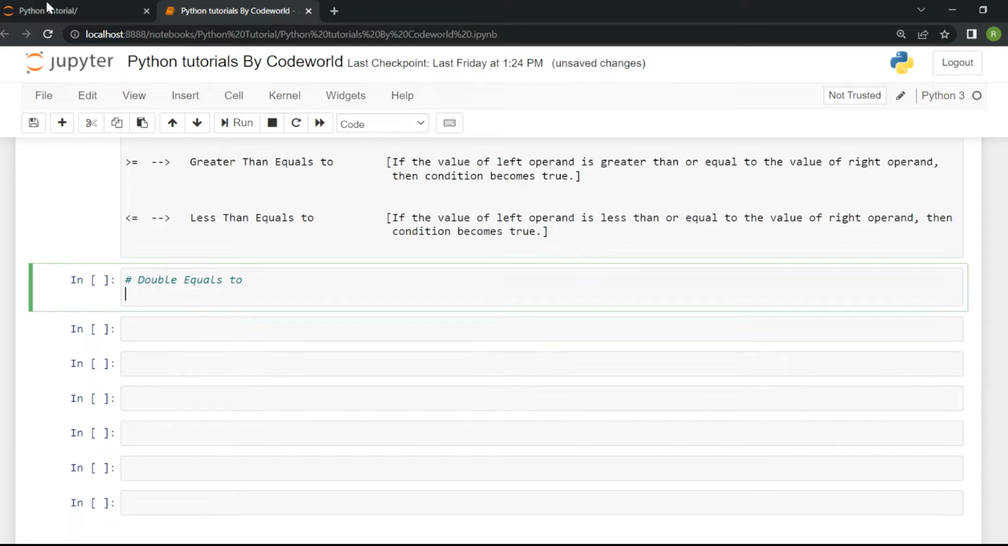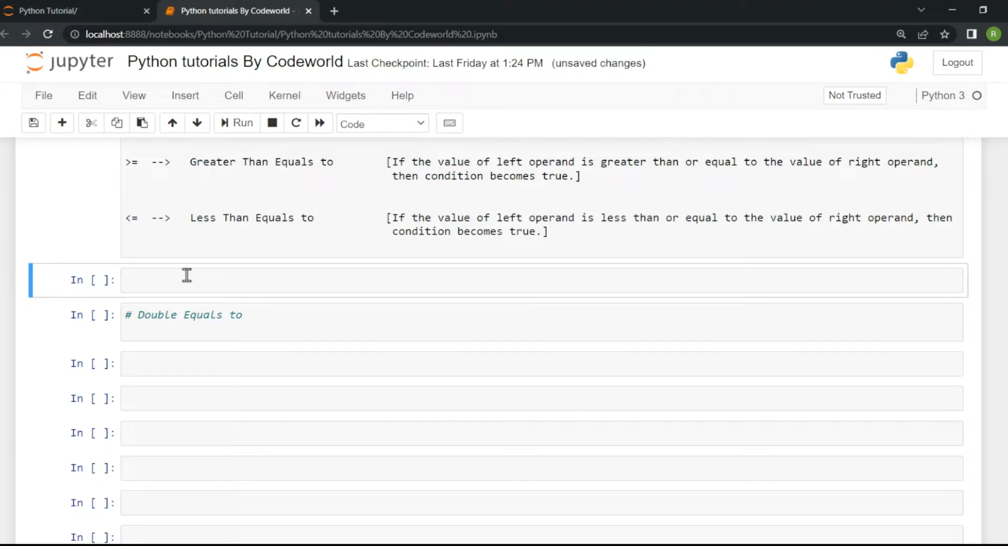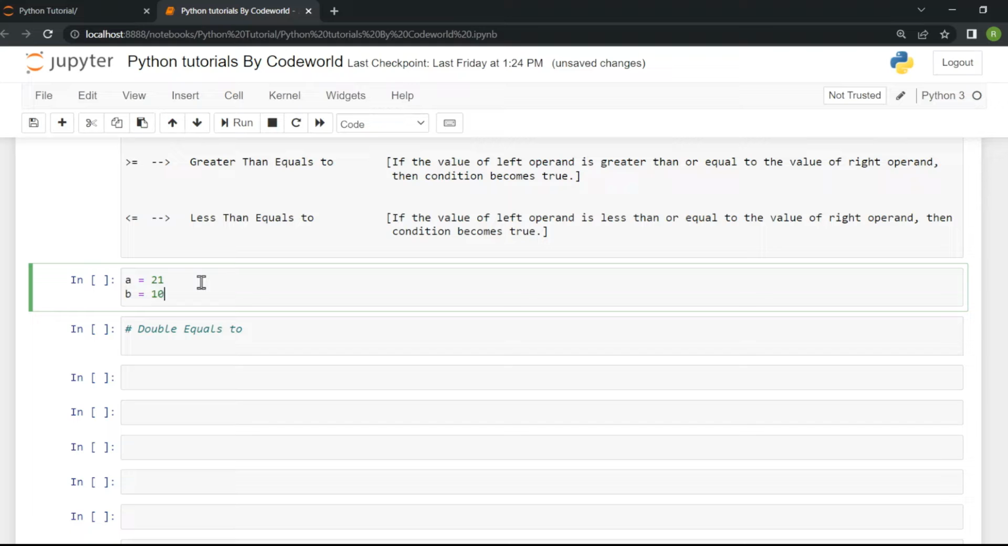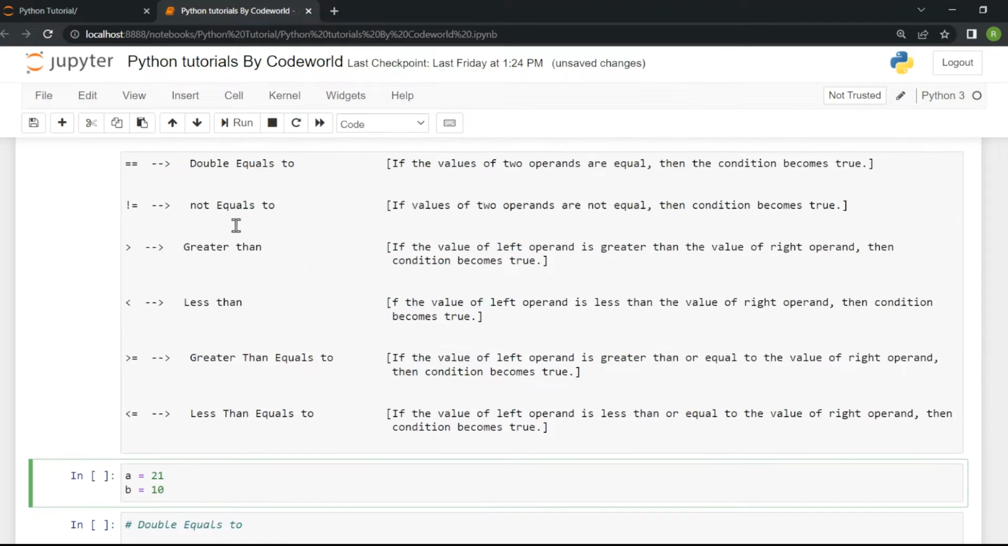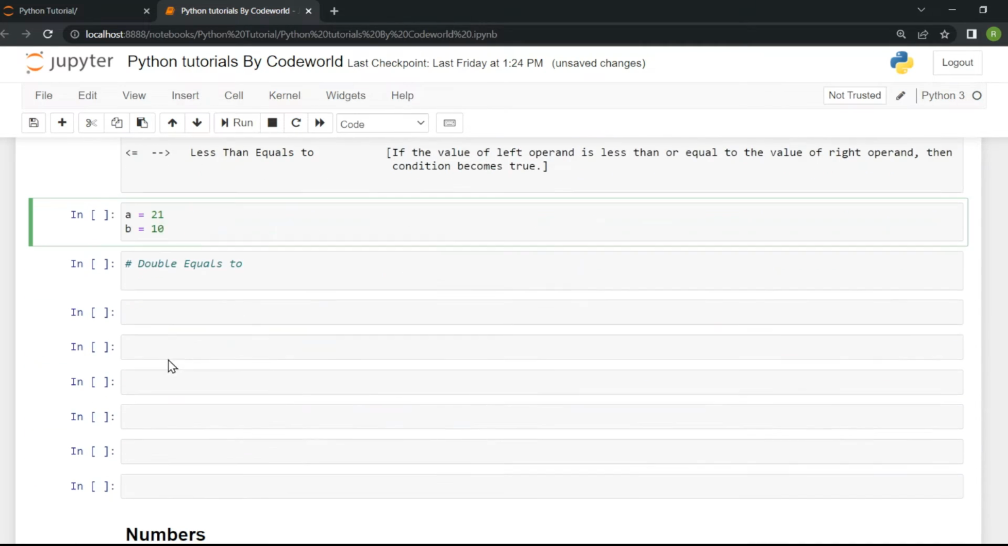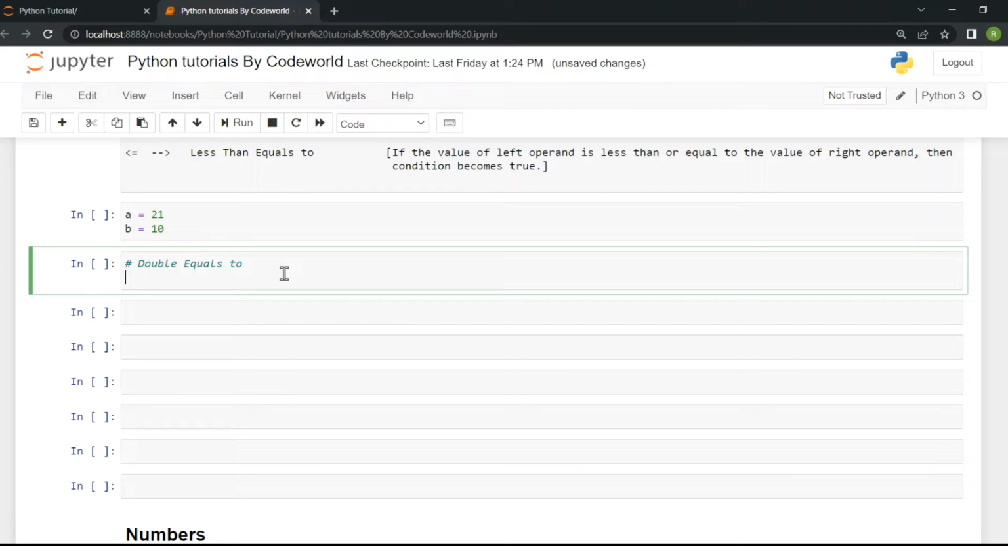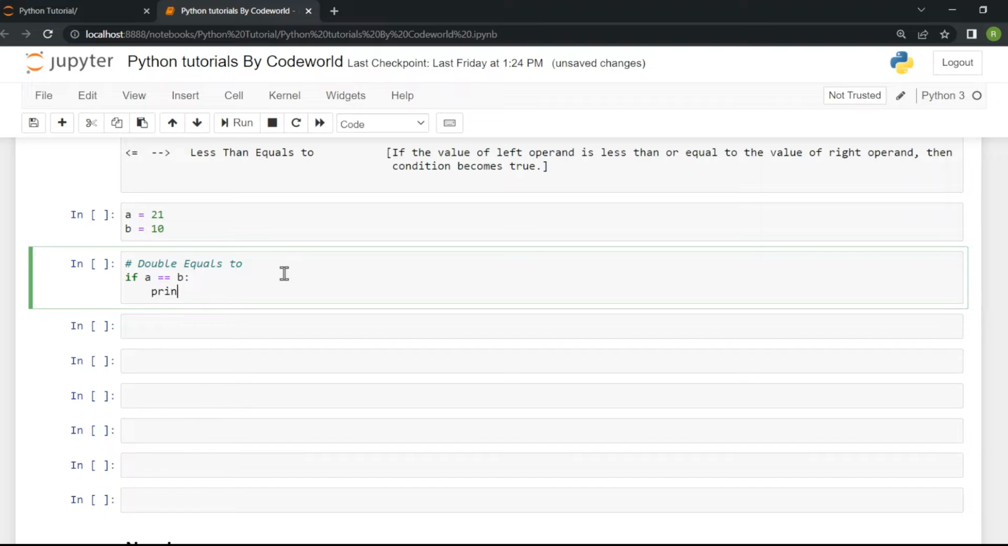So what is double equals to? Let me first of all define a variable which contains some value. Let a equals 21 and b equals 10. We are going to use these for all our comparison operations. So first of all, what is double equals to? Let's take a condition: if a equals equals b, then we want to print